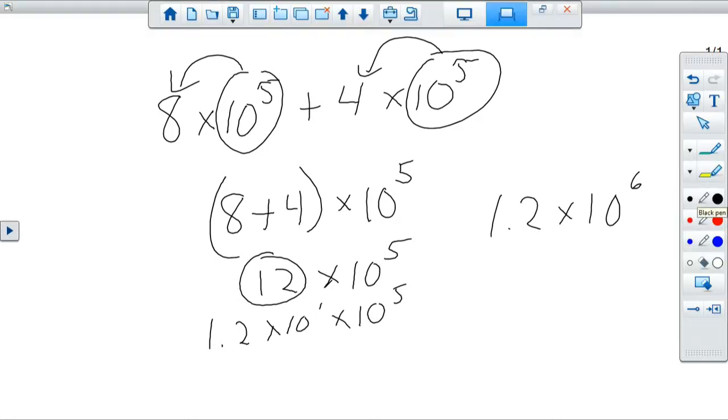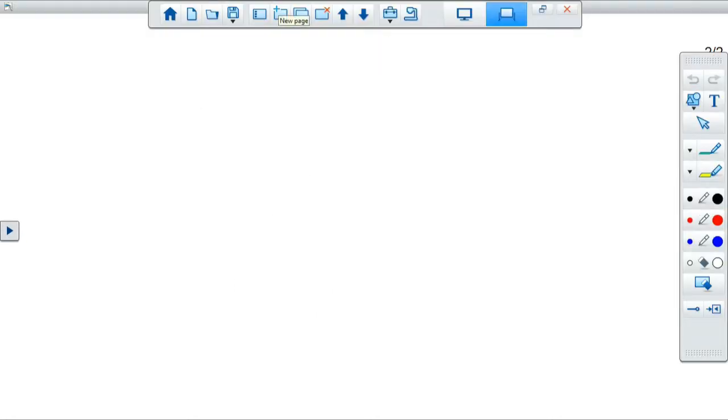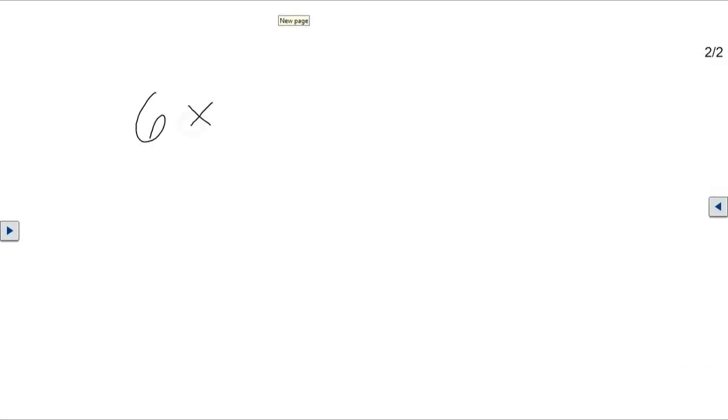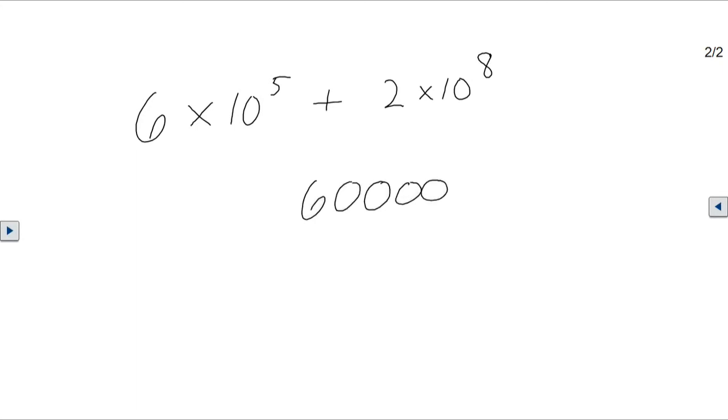Okay, now let's look at what happens when the powers of 10 aren't the same. So let's say we had 6 times 10 to the 5th plus 2 times 10 to the 8th. In this case, we can't just go 6 plus 2 and add those together because our powers of 10 aren't the same. If we want to think about the traditional algorithm of addition, 6 times 10 to the 5th in standard form would be 600,000, and 2 times 10 to the 8th would be